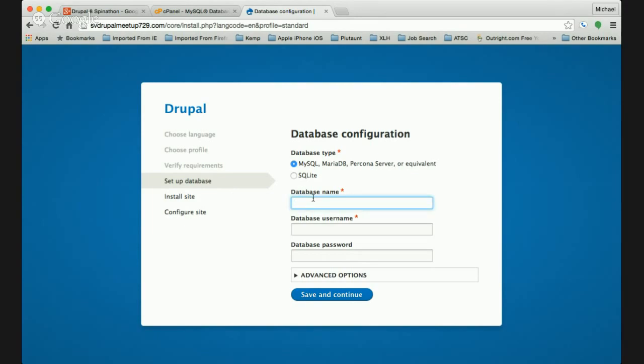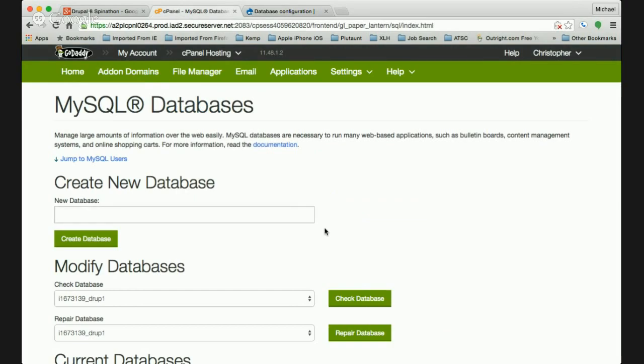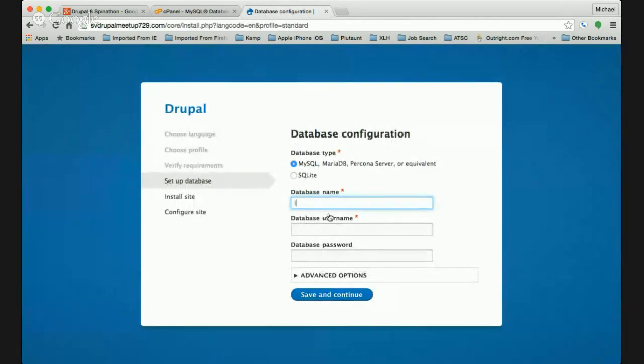So the database name we wrote down before we know it is, actually, let me double check. 1673139 underscore, I believe it was group 1,